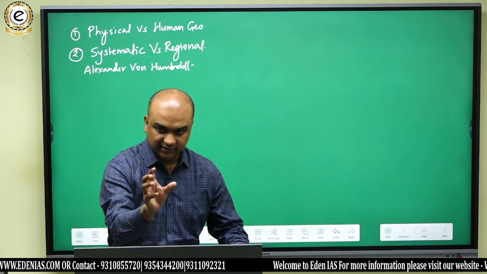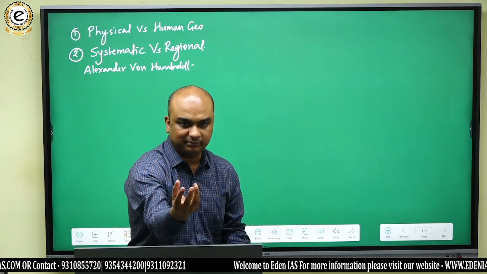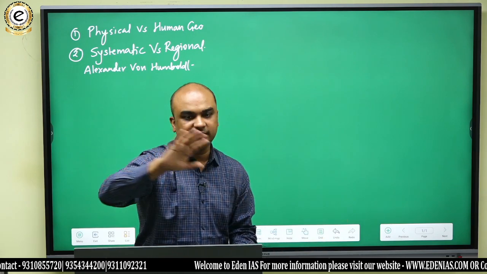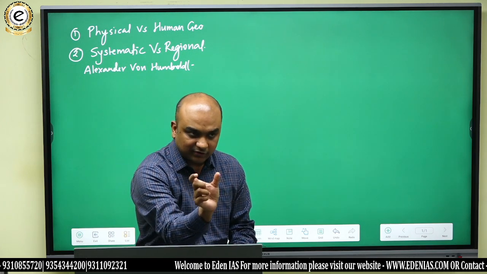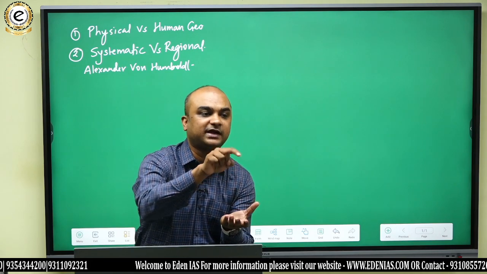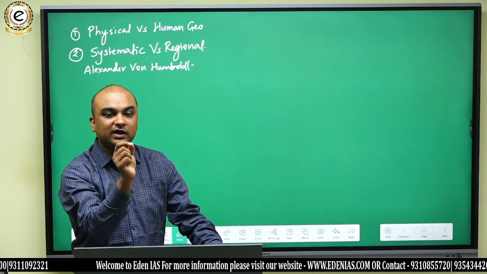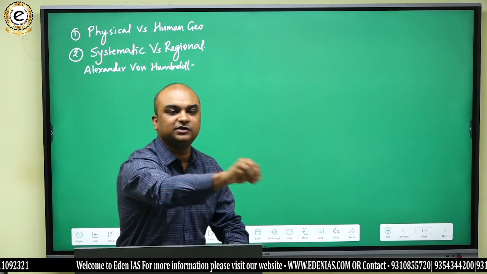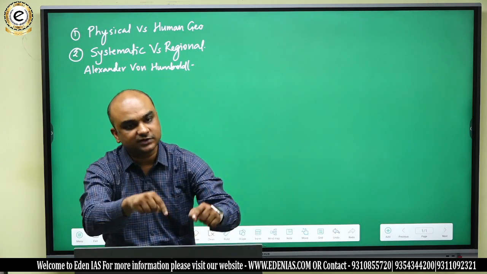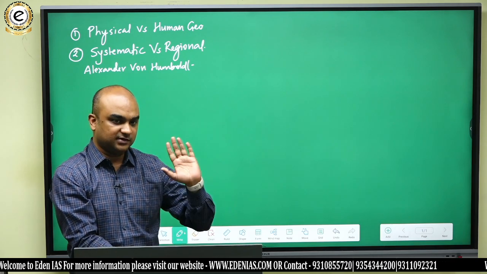Regional geography is, we do not talk about the entire map, but a part of the map. Like say, for example, in India's case, we are talking about only one state, not the entire country. And we take one particular region at a time and we try to show all the geographic variables over that region. In systematic geography, we are taking one variable and we are moving from region to region. But in regional geography, we take one region and we incorporate all the geographic variables. That is regional geography.